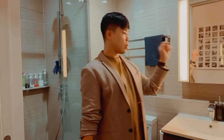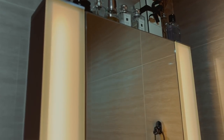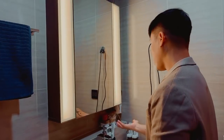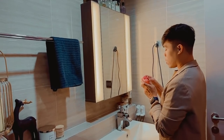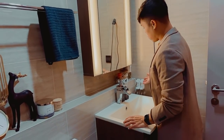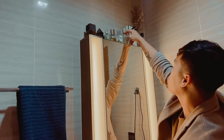And when you move around here, this is our vanity area. We also have our hair dryer here, and our toothpaste and toothbrush. We have our cotton pads, cottons, and this is my favorite one, the lip sleeping mask from Laneige. And this is where we put our electric toothbrush. Some perfumes here. This is also one of my favorites from Jo